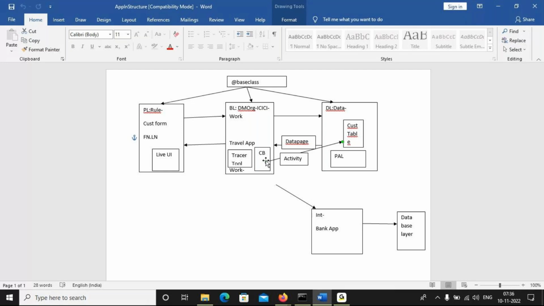It means the train will come to that place first, then we can move to other places. Without coming to that place, the train won't go to any other places. Like that, the same thing in a Pega application: clipboard is a junction. When the data is going in any direction, it should come here.